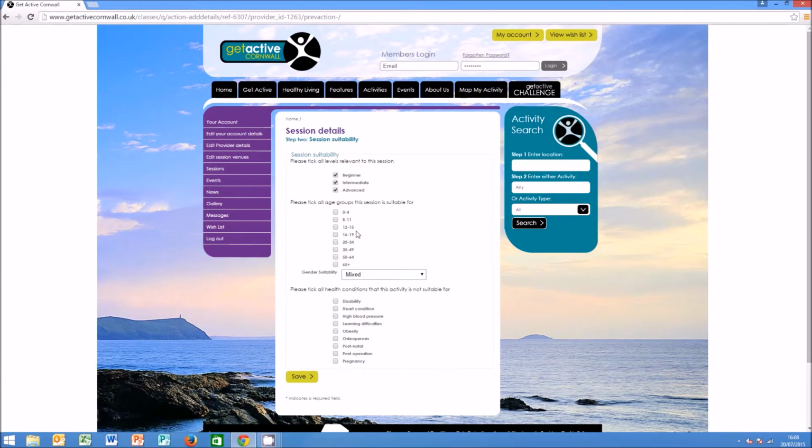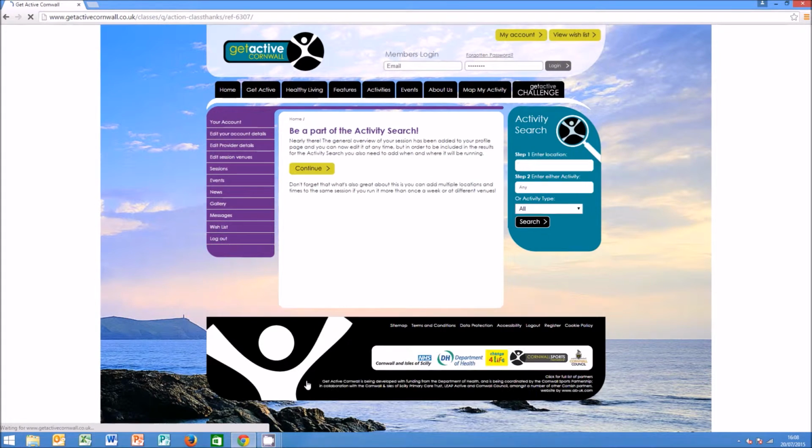If you're dealing with under 16s, you must be validated as a provider for children and young people in your provider section. Next we'll be looking at the gender suitability, whether male, female or mixed sessions, and whether there are any health related complications. Click Save. This will have registered your session. Now to add it as part of the activity search, just click Continue